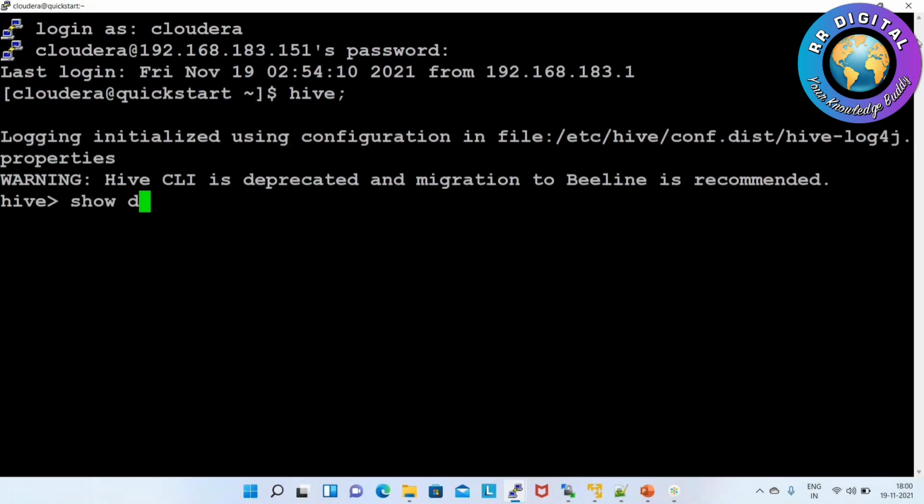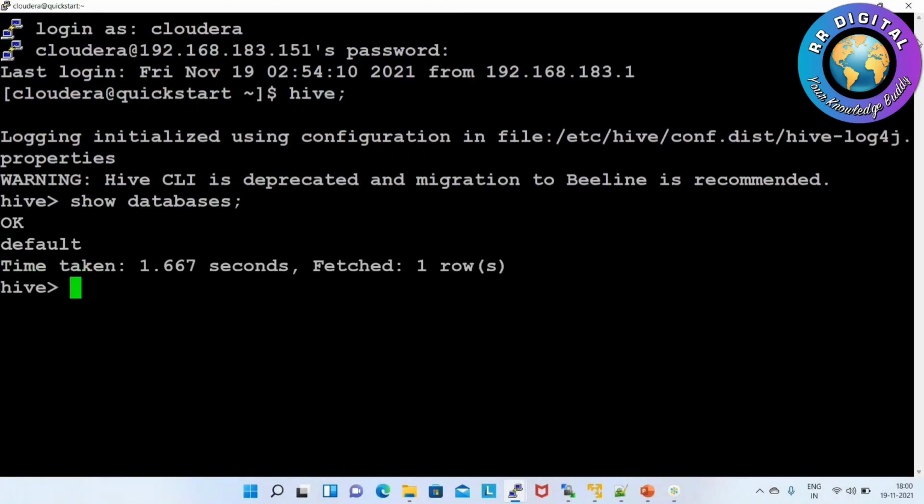Successfully logged in. Show databases. Here the default database is there. Use default database. Generally we can call it a database, or a queue also. Show tables.